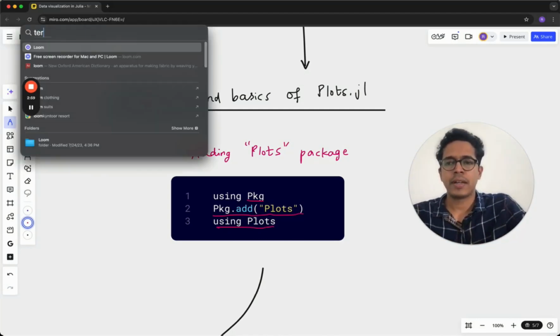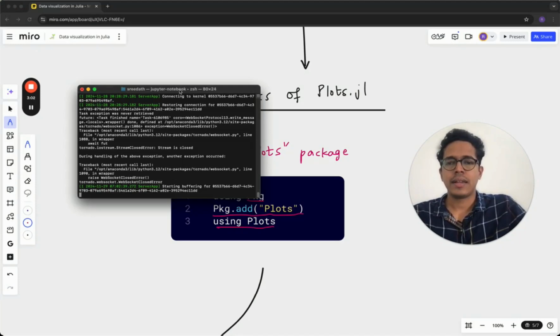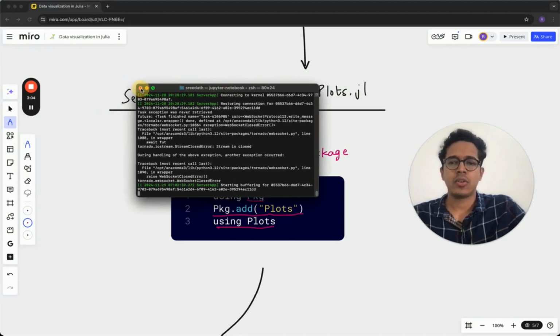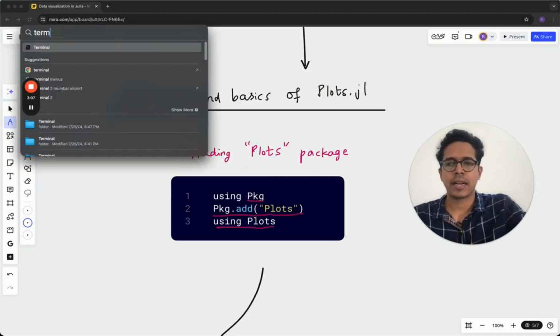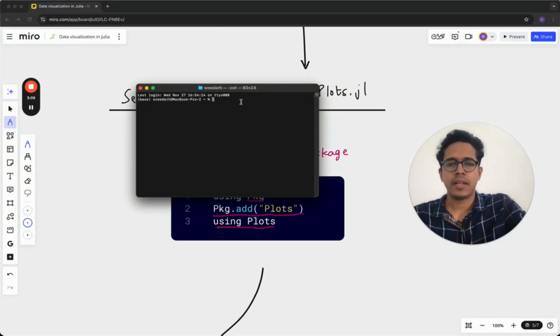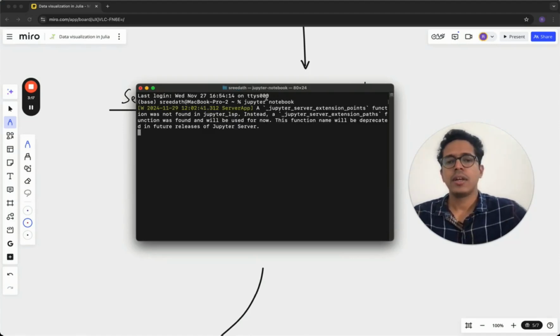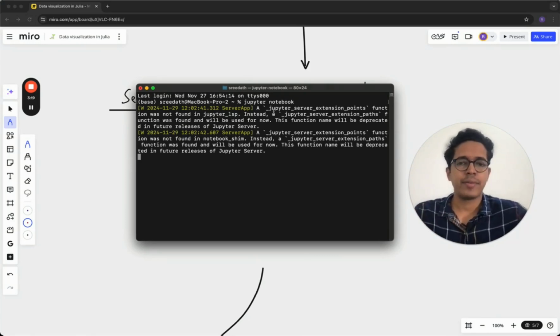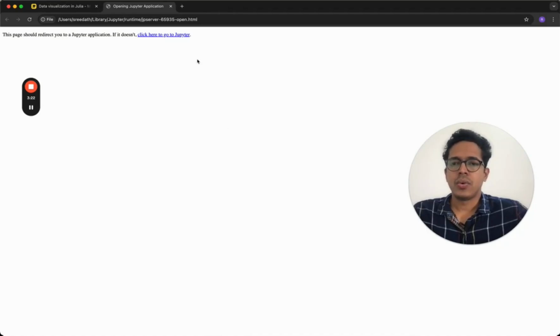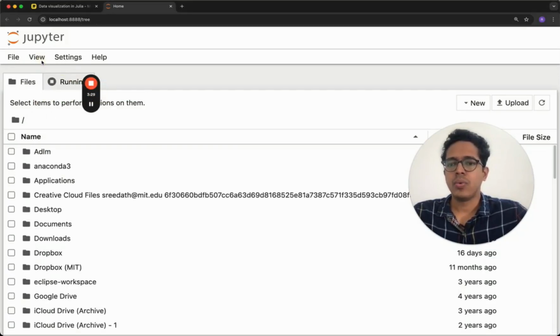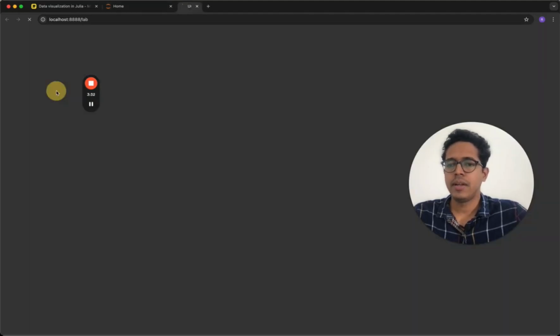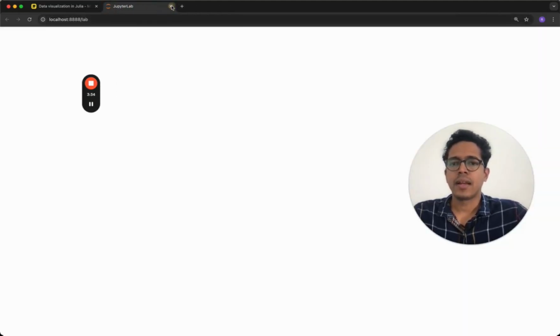So let me open terminal. And then here, I think I'm already running a Jupyter Notebook. So I'll close that so that I can start from scratch. Terminal, let me zoom in a little bit, and then here I'll type jupyter notebook. So you should have Jupyter Notebook and Julia installed. If you don't know how to do this, just go back to our very first lecture in this playlist. So Jupyter Notebook will be opened as a localhost on my Chrome, and here we can open Jupyter Lab. So click View, and I have Jupyter Lab. So open Jupyter Lab, and